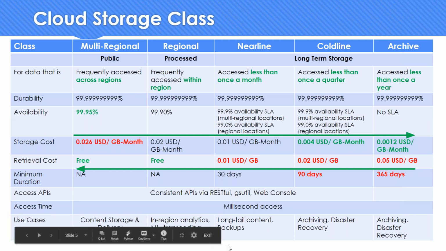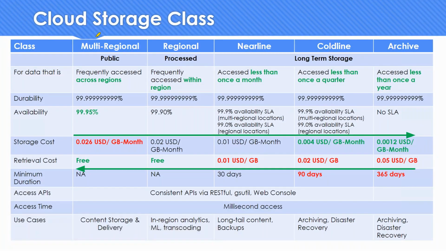So let's go with the first option, basically hot data. If it's hot data, I need to replicate the data across multiple locations, right? That's where you're going to use a storage class called multi-regional. This is basically for public data. Whenever you want to serve some data across two regions or multiple regions, you'd prefer a multi-regional